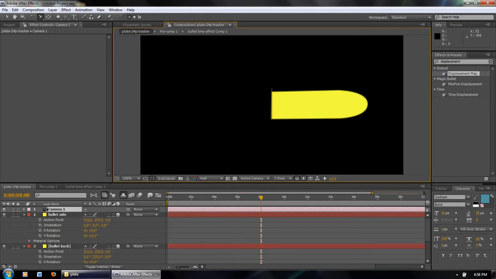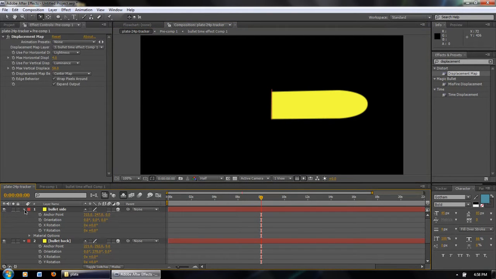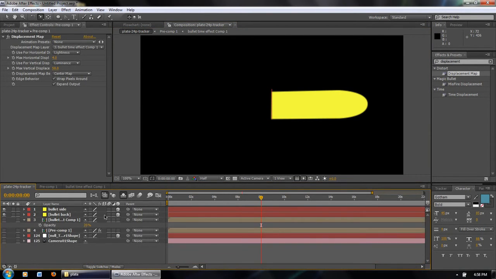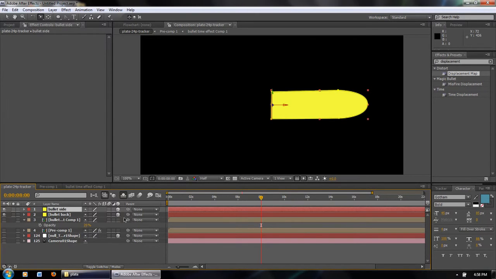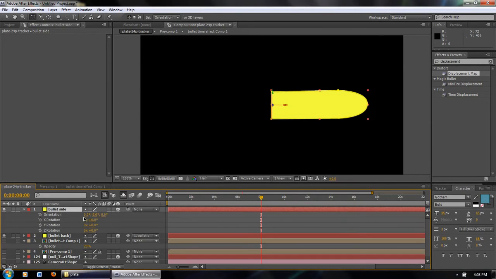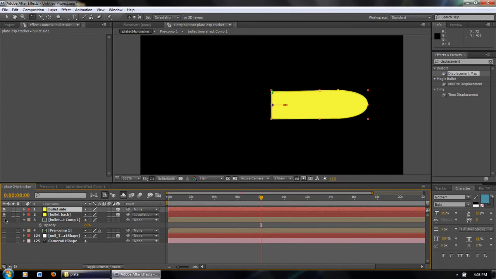Okay, we're going to delete the camera here. Or before we finish this, we're going to link the back of the bullet to the side of the bullet by pick whipping the two layers together. This way, if I rotate the side of the bullet, then the back of the bullet also rotates as well. Okay, so now we're going to turn on all the layers again,